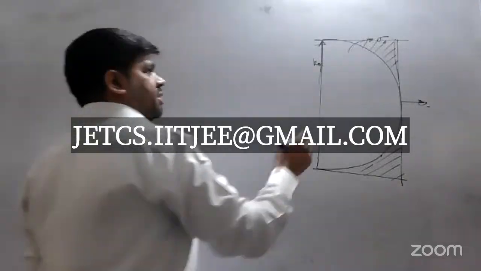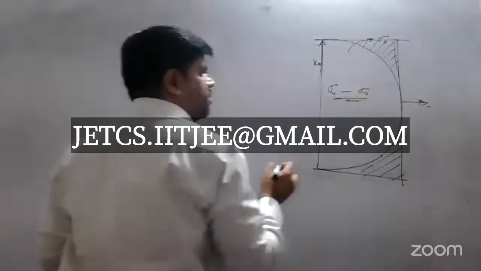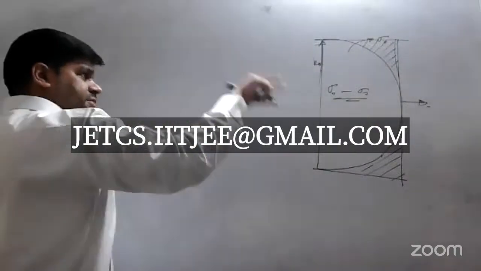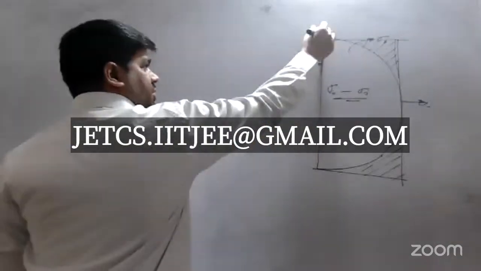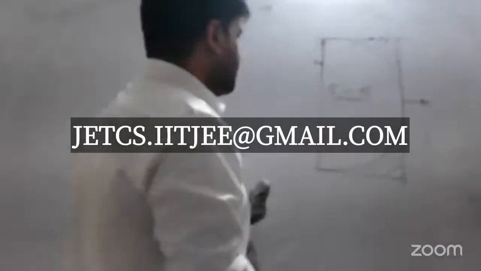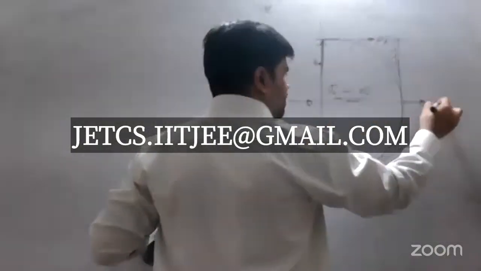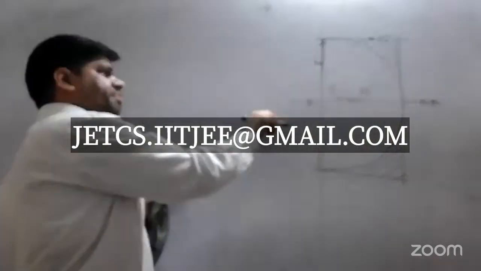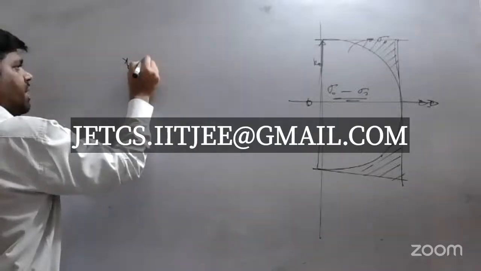So what I do, let's say sigma, I fill this with sigma and minus sigma. So when I fill it with sigma, I get a complete plate whose center of mass is at a distance of r by 2. I'll take this as origin. What is the origin he has given? Okay, he has already given the origin. And by symmetry, it will lie along this axis. I don't have to worry about the y coordinate because it's anyway 0. So the x coordinate will be x naught is equal to